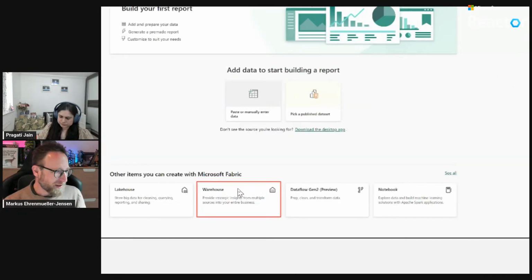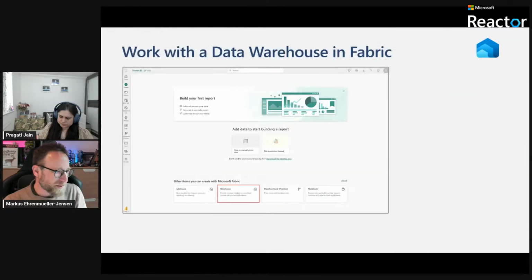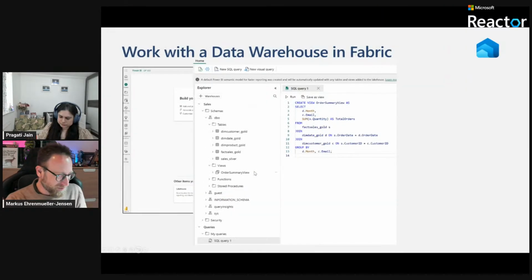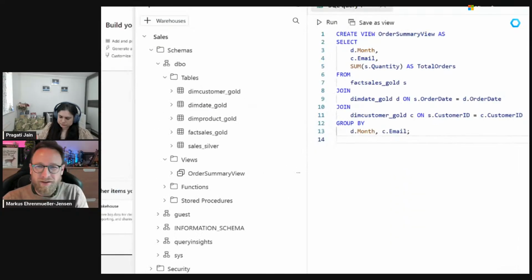So the thing is, when do you use a lakehouse and when do you use a warehouse? Again, it comes down to you. If you feel more confident in transforming your data in SQL, then maybe the warehouse is the thing. In a warehouse, you can also create tables with SQL update, insert and delete statements, which you cannot do in the lakehouse. In the lakehouse, you use notebooks, mostly Python notebooks, to transform the data. You can query it with SQL, but you cannot store anything there. In the warehouse, you can also store things.